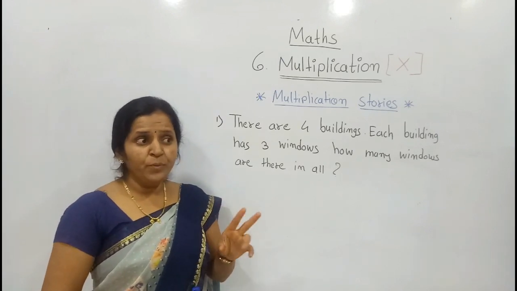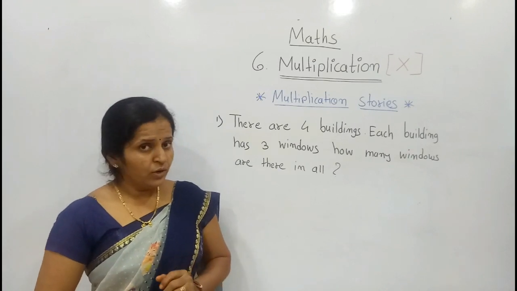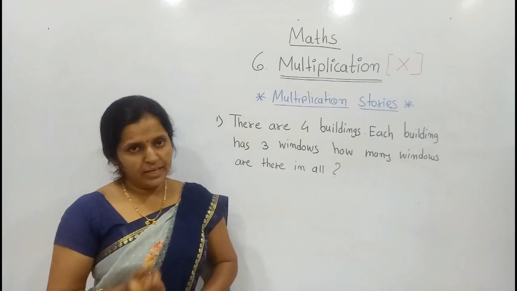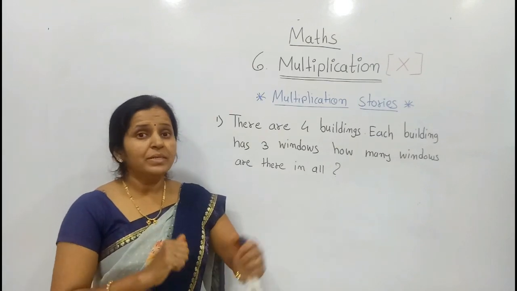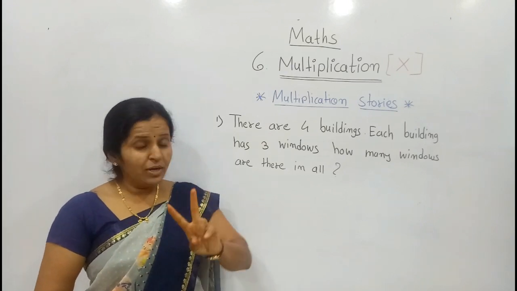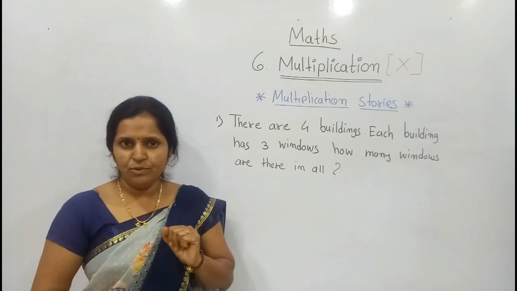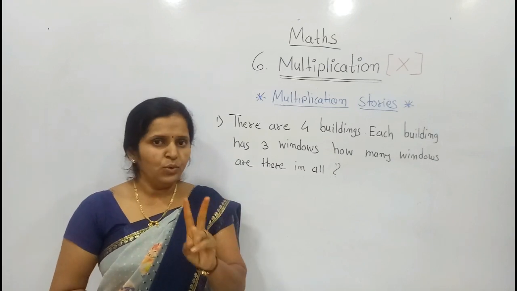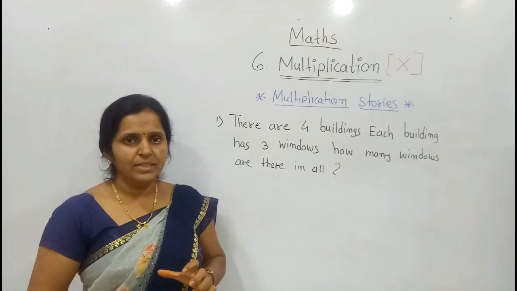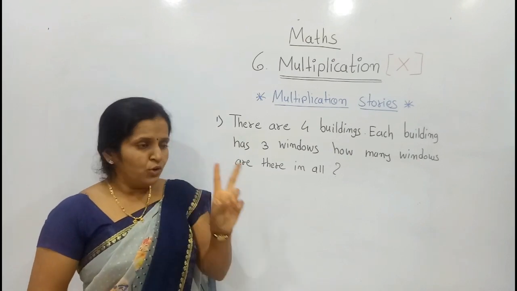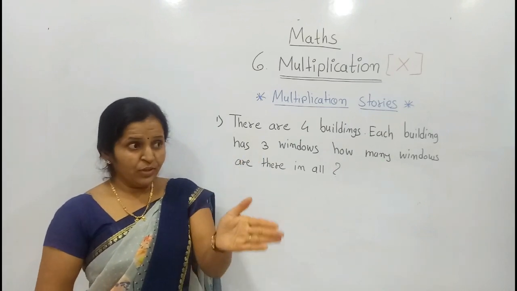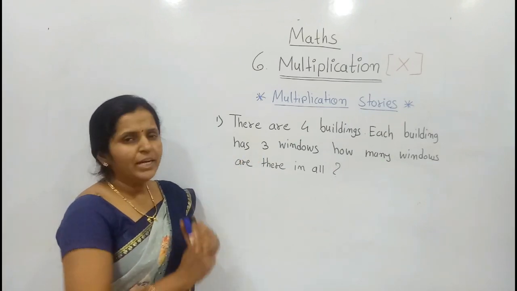Suppose there are 2 bikes on the road. Each bike has 3 persons. How many persons are there in all? Whenever there is "in all", firstly 2 groups are given. How many bikes are given? 2 bikes. Means these are the 2 groups. Each bike has 3 persons. एका गाडीवर किती जण आहेत? 3. Means 2 groups, each group has 3. Means 2 into 3. With the help of this we can do the multiplication.